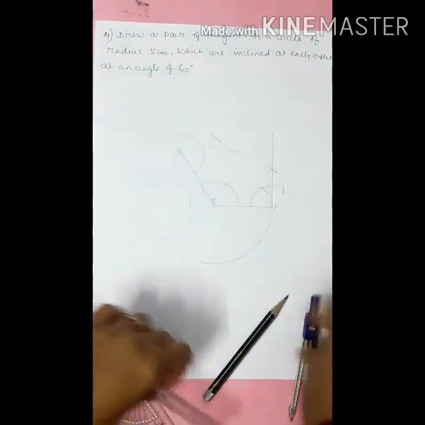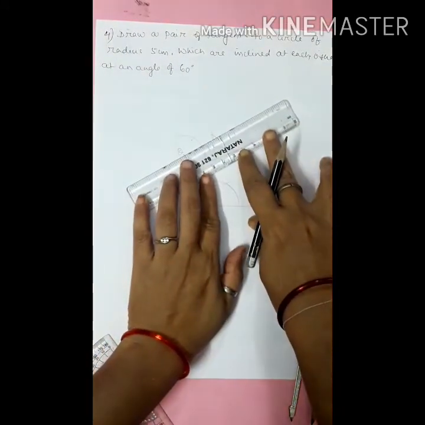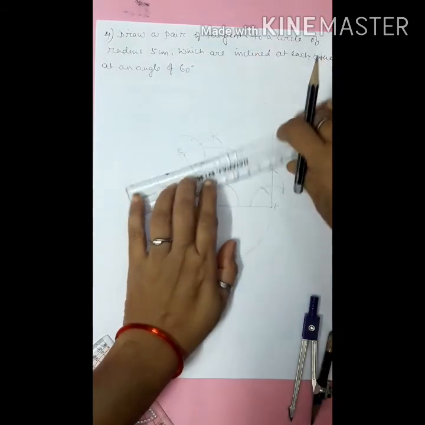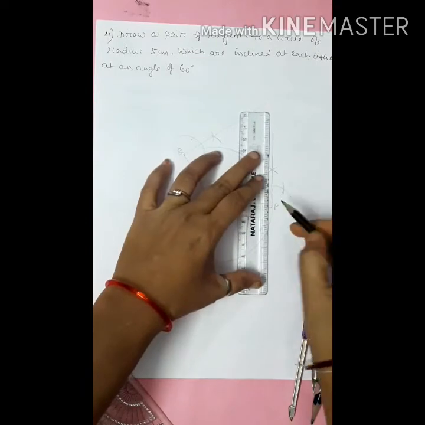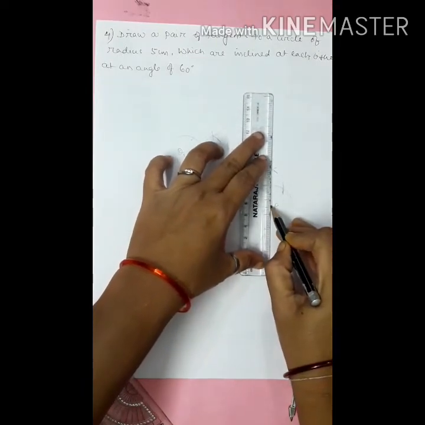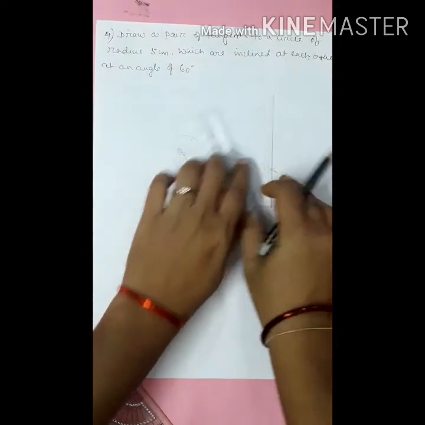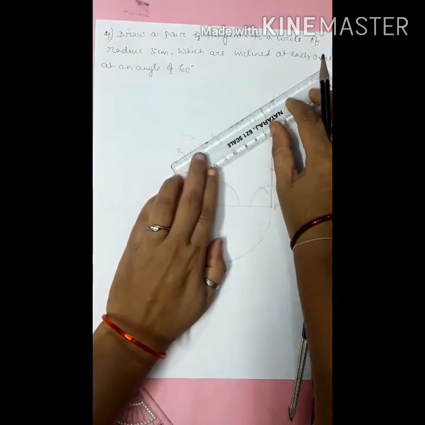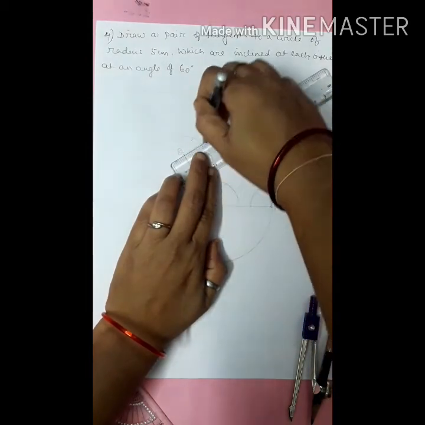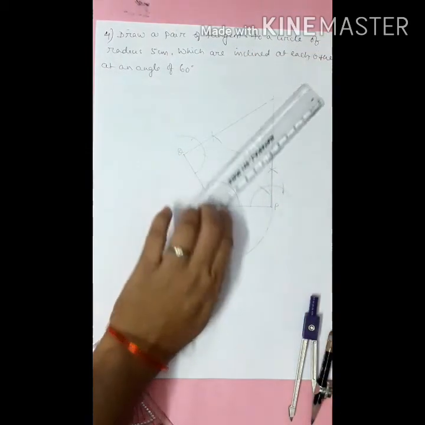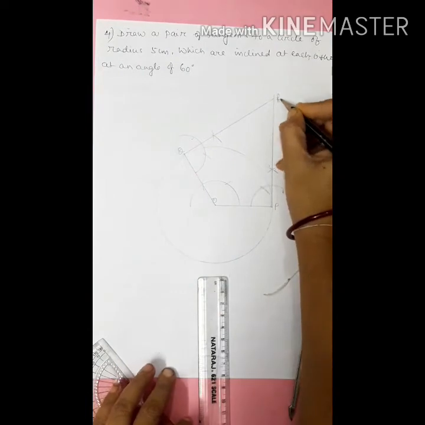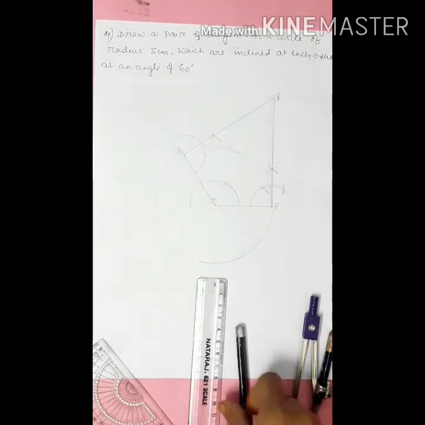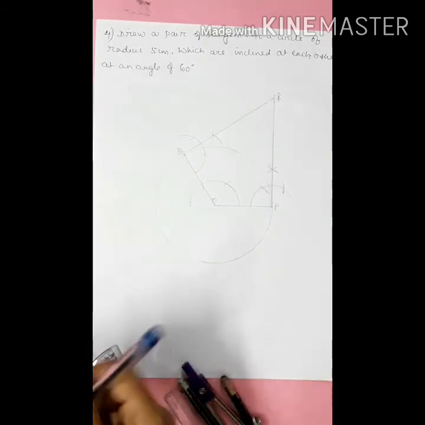You will join this one. Okay. So now what we will get? Again you have to construct the 90 degree here. Joined. Now both have to join from here, point P. Also from point Q it is also joined 90 degree. Now this is R. RQ and RP are the two tangents. Okay, RP and RQ are the two required tangents.